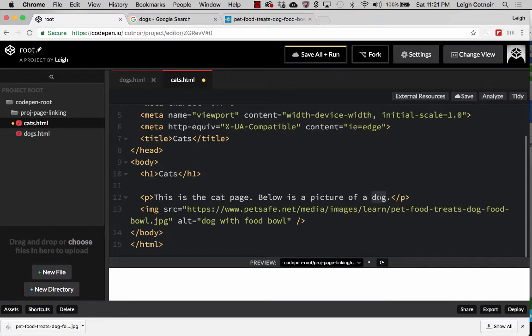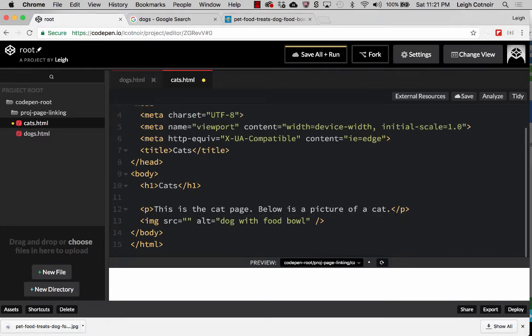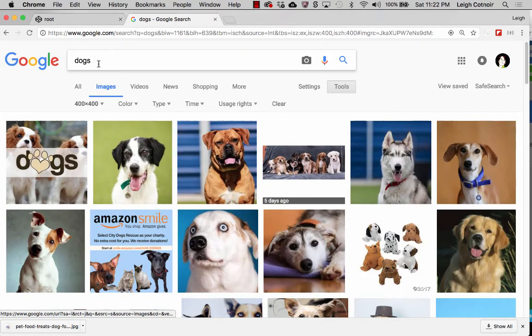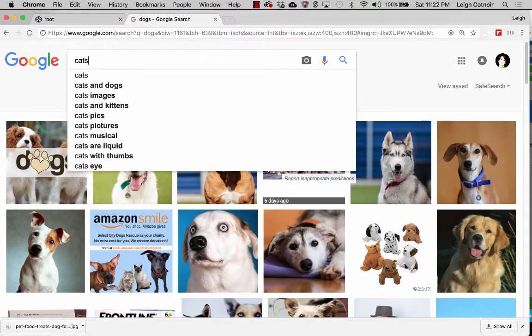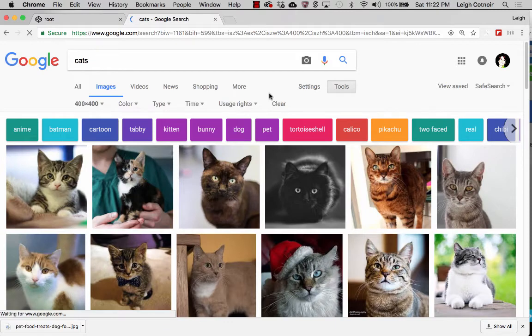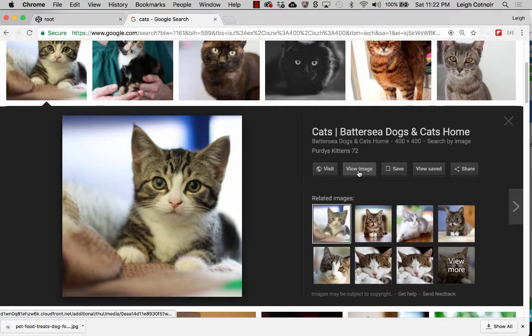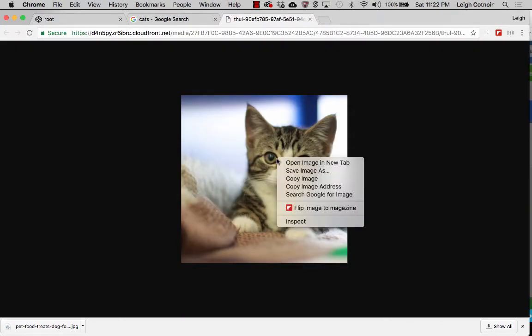Below is a picture of a cat, and then here we're going to change this out. I'm going to delete the source for that picture, and then I'm going to delete the alt text, and we're going to update that with something new. So let's close this, and let's go over here and do a picture search of cats. And again, it's going to remember the last setting that you had, so I chose 400 by 400, so let's just pick a picture of a cat, and then I can view the image, right click,